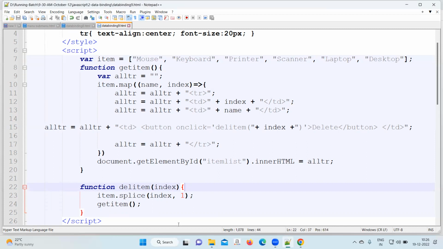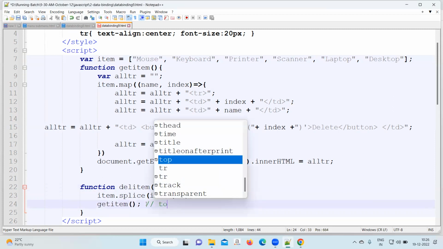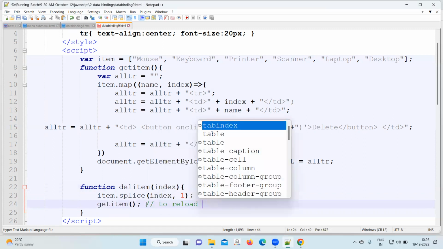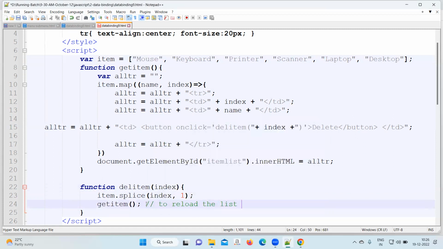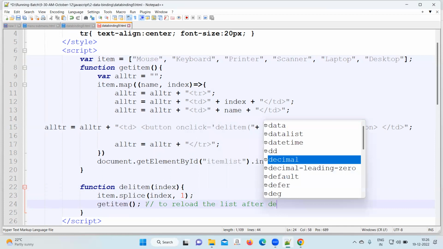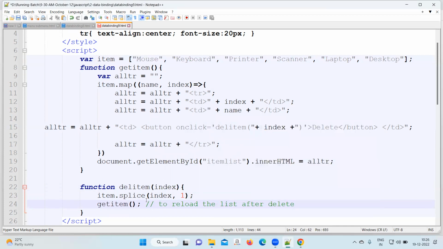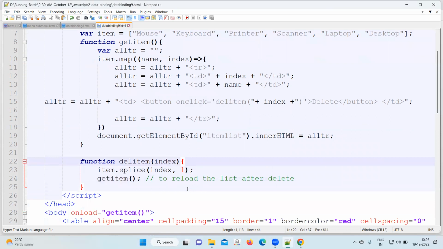For what purpose? After deleting, reload the list. To reload the list after delete. Once you delete an element, after that,